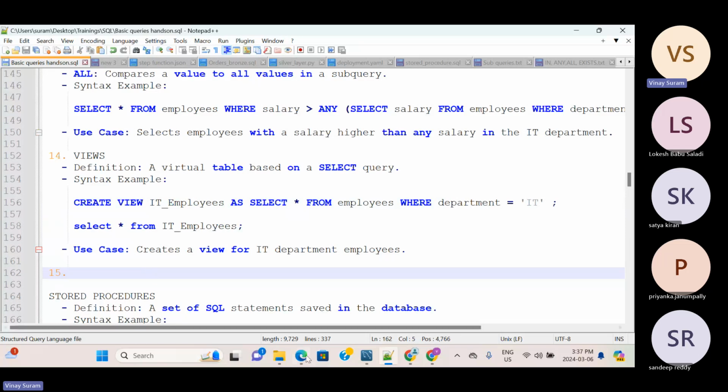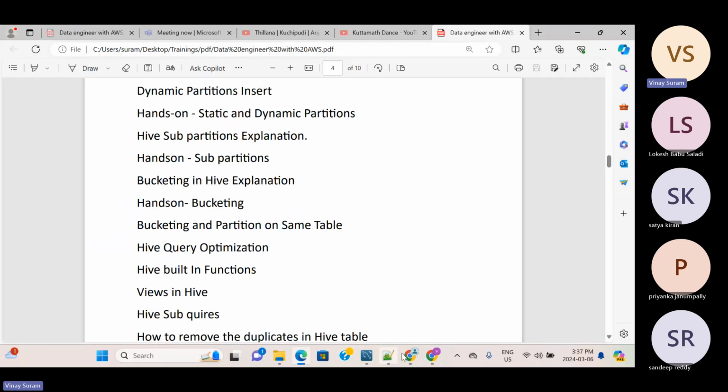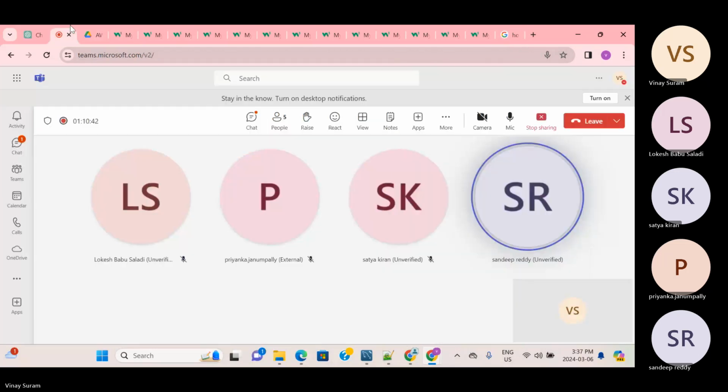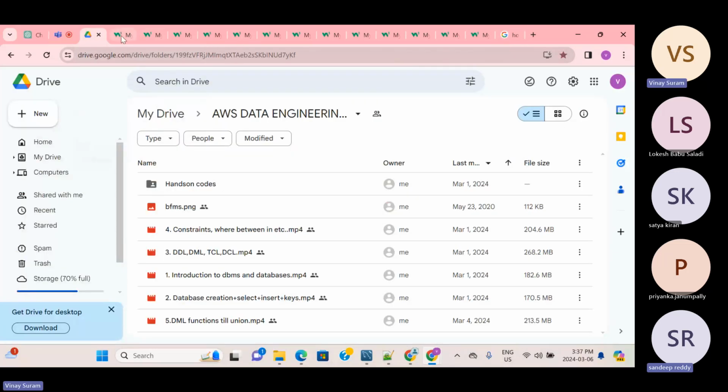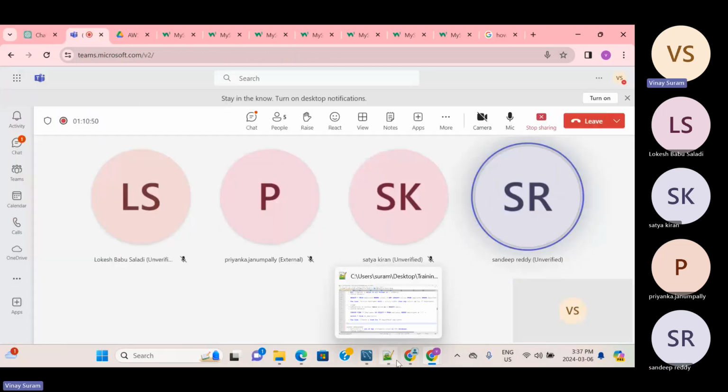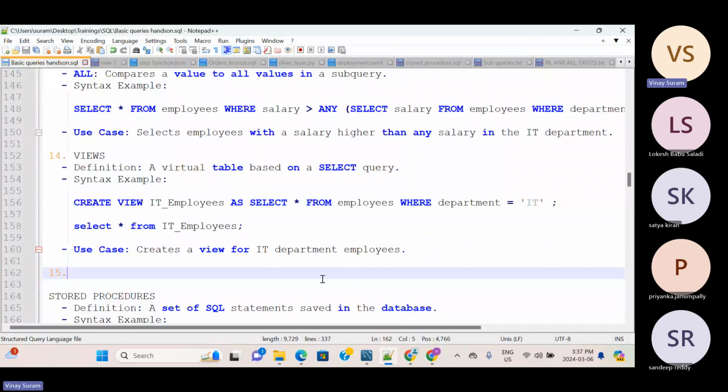Okay, did you get it, Sandeep? Someone asked, I forgot the name. Yeah. Okay, and then, so next thing. Does anyone still have any doubts? Okay, and then